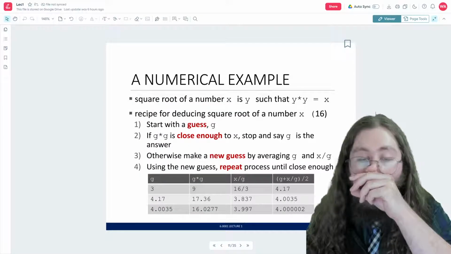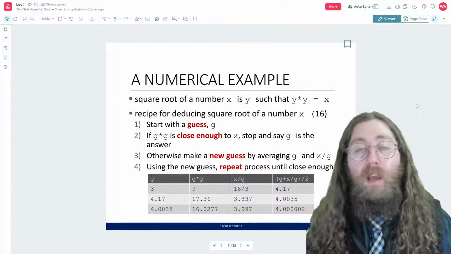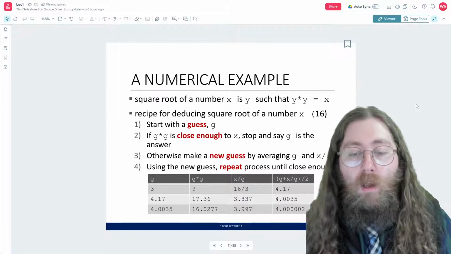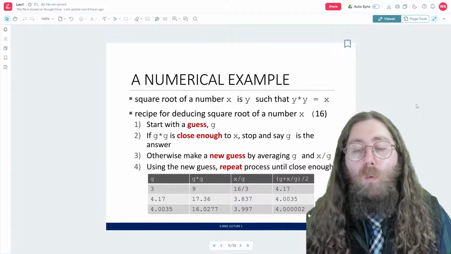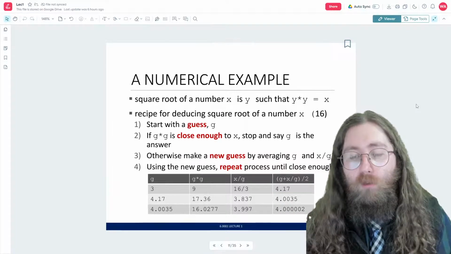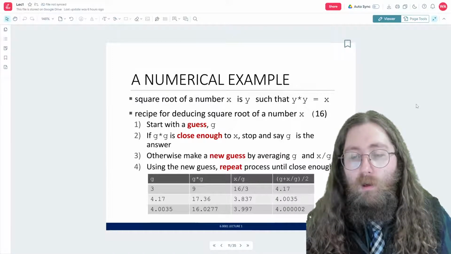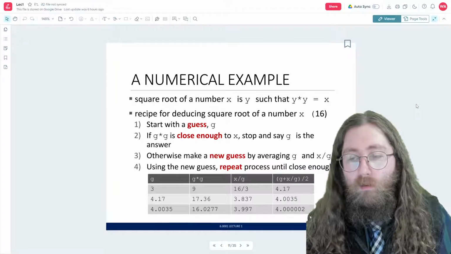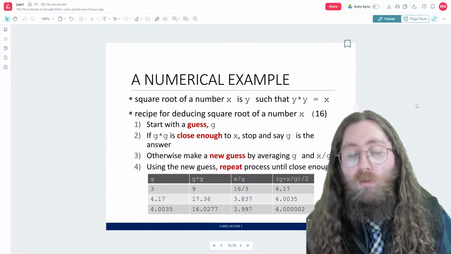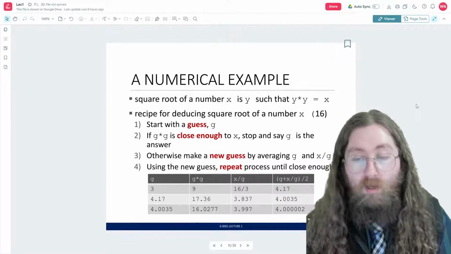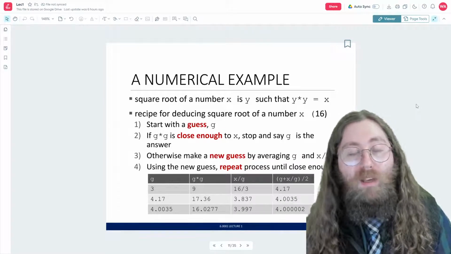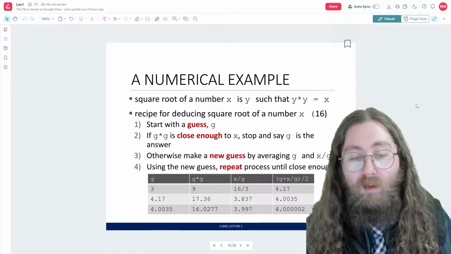So here's a numerical example of that imperative knowledge, okay? Let's say we need to find the square root of a number x, such that the square root of x is y, where y times y equals x. So let's say y is the square root of x.